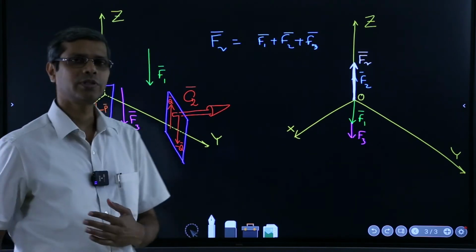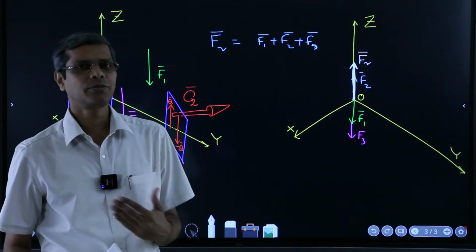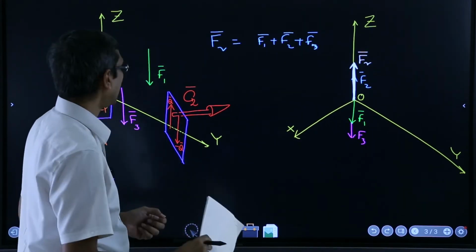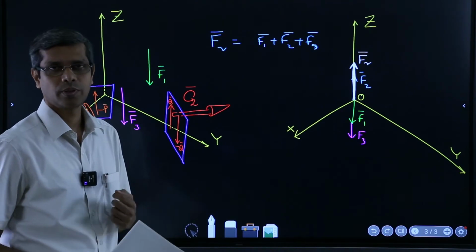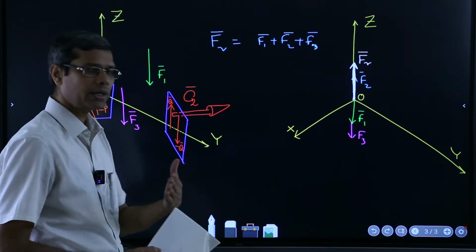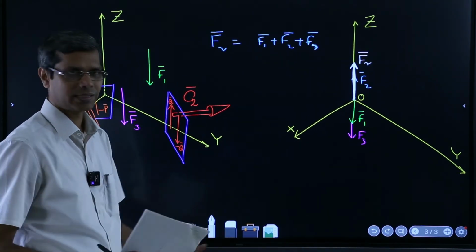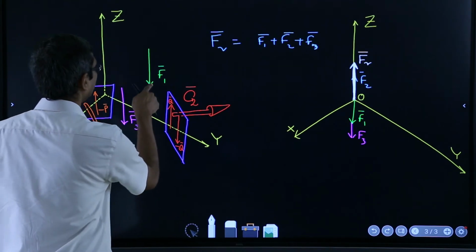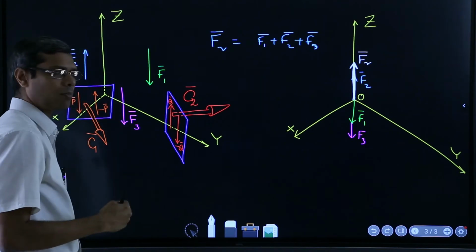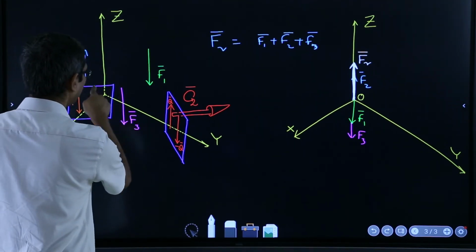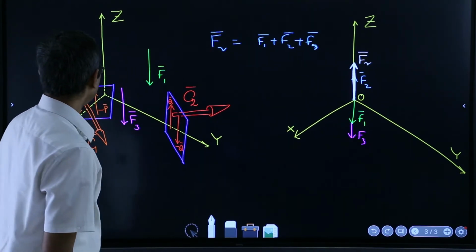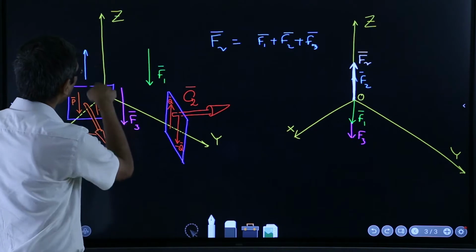But as soon as we move something parallelly, we will have to compensate that movement with the introduction of some couple moment, and in what direction will those couple moments come? They will always be perpendicular to these forces. That's what we had seen. For example, suppose this F1 we have moved here, so the moment which will come up will be perpendicular to the plane which contains both F1 and the z axis, right?